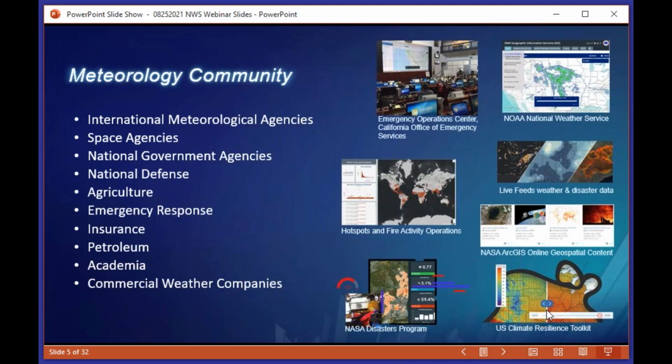Esri has been working actively in this field over the past few years with many of you, our customers, to support the weather and climate community and to ensure that our products and services support atmospheric science applications and operations.